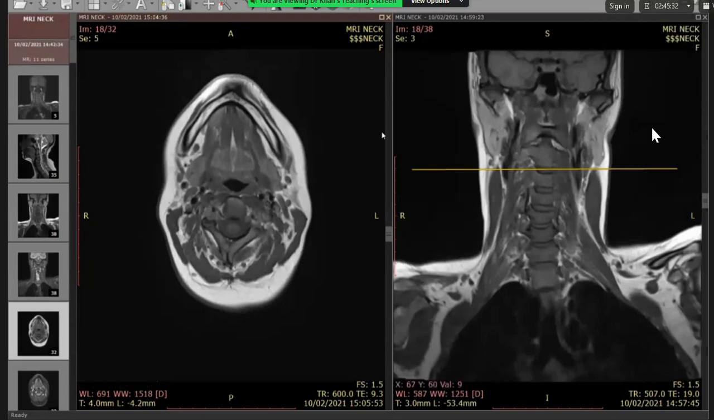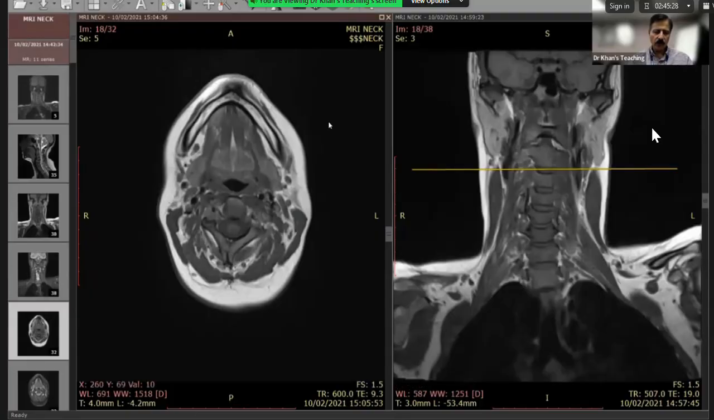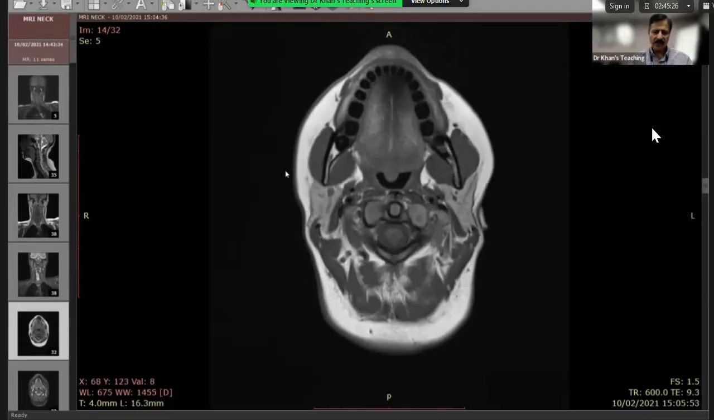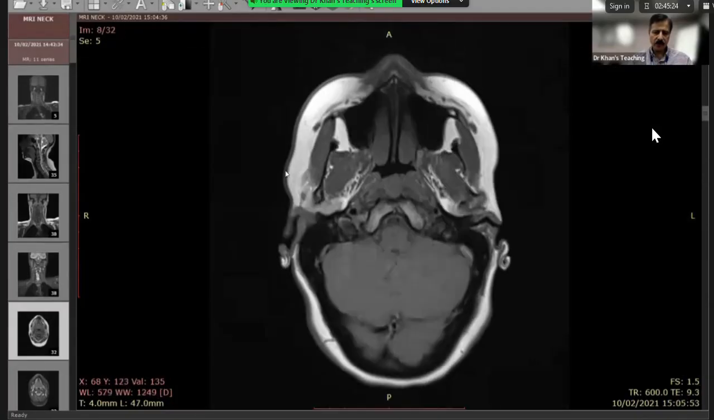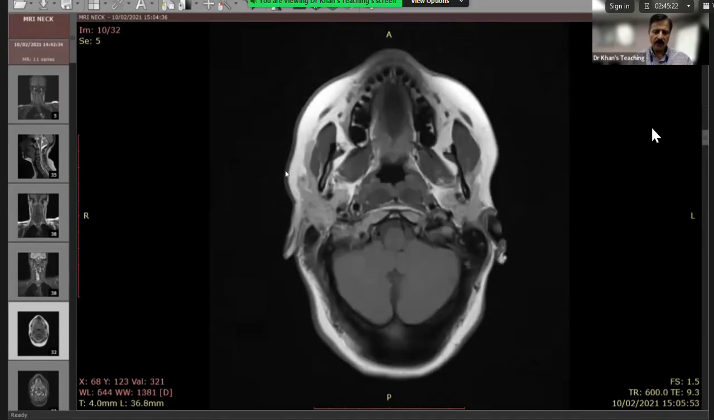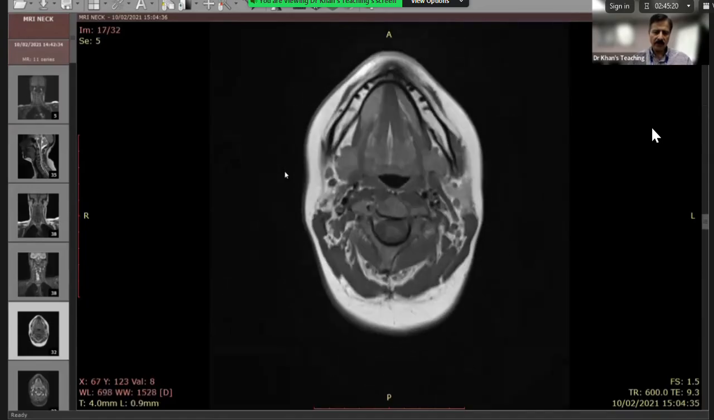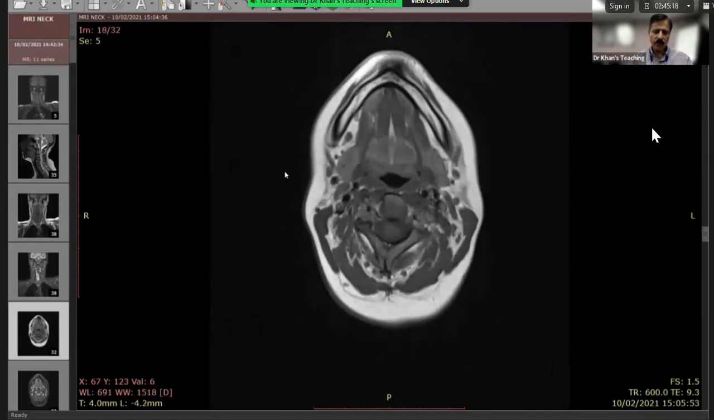Yes, I can. Okay, so now we are going to sort of revise our masticator space. So just concentrate on masticator space and nothing else. Now, if you see here, and I'm going to concentrate on the left side here. So if you see here